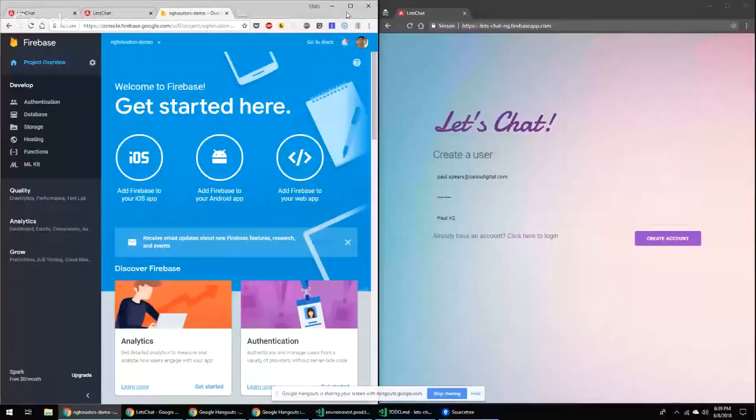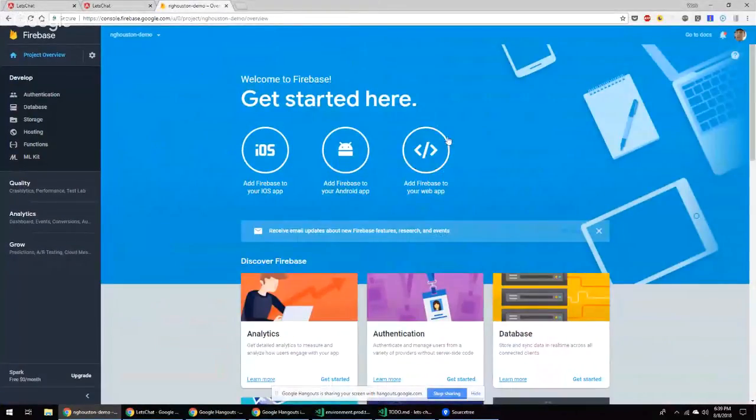And so it dropped us right in. Let's see if I can make this a little bit bigger. All right, it has this getting started here, and I'll walk us through that in a moment. I'm going to jump straight to the database section. So if I click on database,